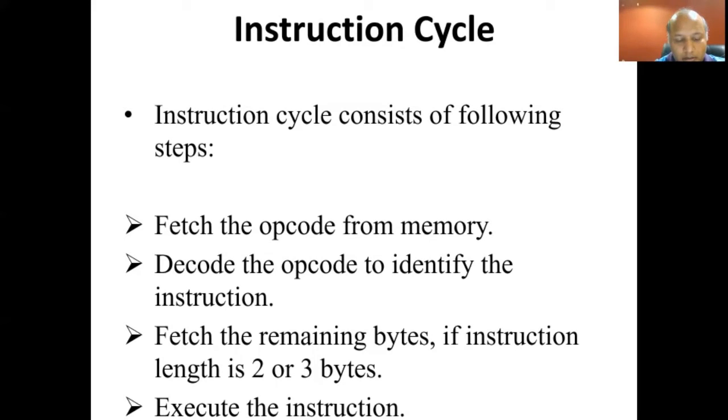Let us say that PC has C000H as its contents. PC is program counter. Then it means that 8085 desires to fetch and execute the instruction starting at memory location C000H. Let us say at location C000H we have 78H, which is the opcode for the instruction MOV A, B. This instruction needs only 4 clock cycles for the opcode fetch and execution.